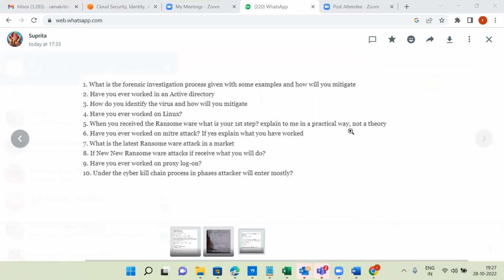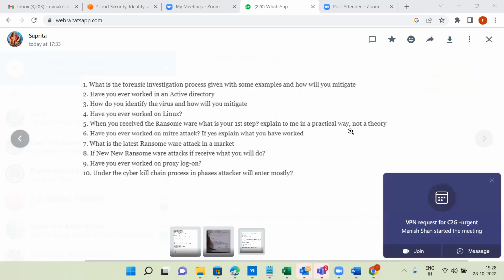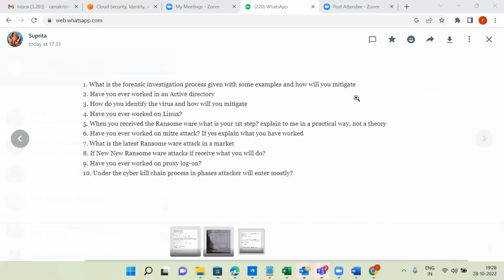Okay. So have you ever worked on Linux? Yes, I do have basic knowledge of Linux. For example, whenever you want to integrate Linux logs to the SIEM tool, we will install the collector agent on the Linux server. Whatever agent the vendor provides, we'll install on the Linux server, and we'll specify the source IP, destination IP along with the port number. In case logs are not reflecting in the SIEM tool, I will take a TCP dump and analyze where the issue is, whether it is an application layer issue, a network layer issue, an internet layer issue, a transport layer issue, or maybe a network interface layer issue.